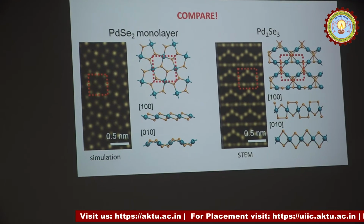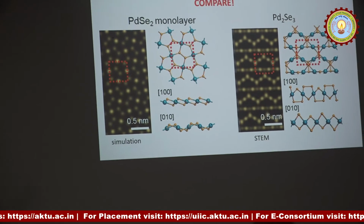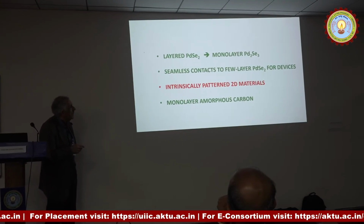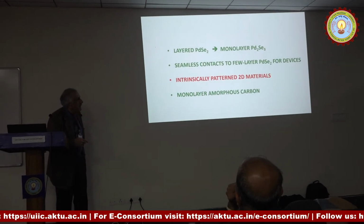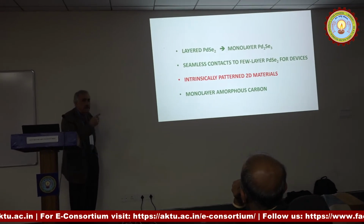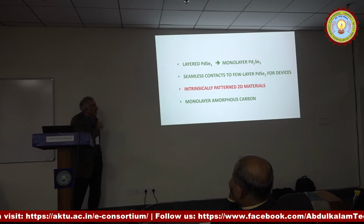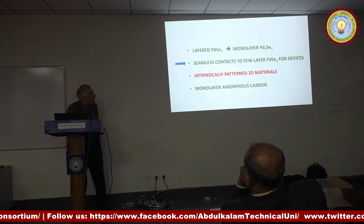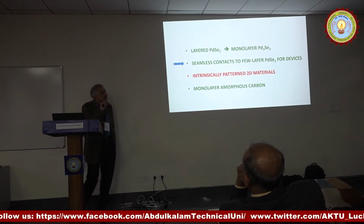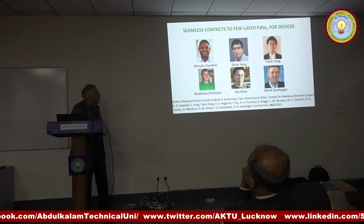And we did a few other things about it that I'm not going to tell you now because I want to switch to another topic that is related to this. It again has to do with PdSe2, the layered material now. And it's another form of 2-dimensional materials that we are going to make some devices out of. This was done almost in parallel,